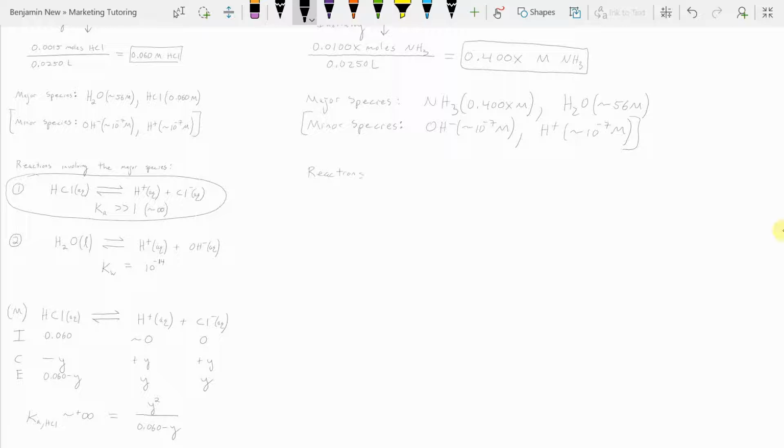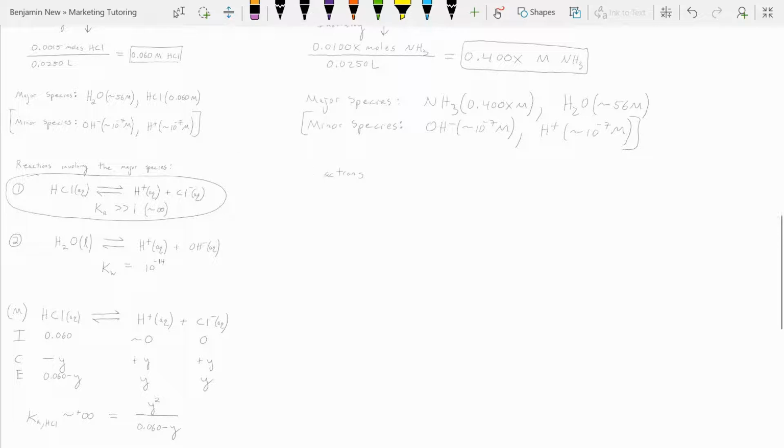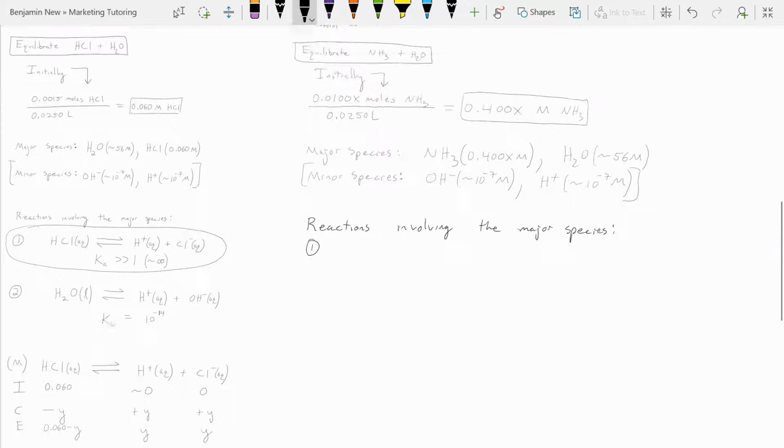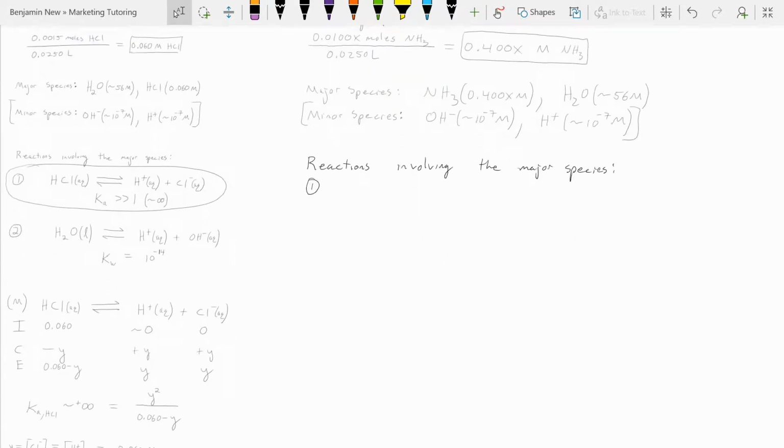The reactions, let me just make this a little bit bigger to see it a little bit easier. The reactions involving the major species. Okay, so let's do similar things to the left side. If we have ammonia and we have water, well, one reaction where ammonia reacts with water is just going to be